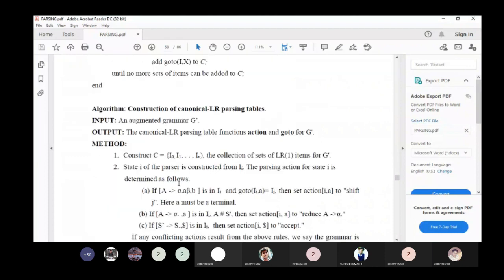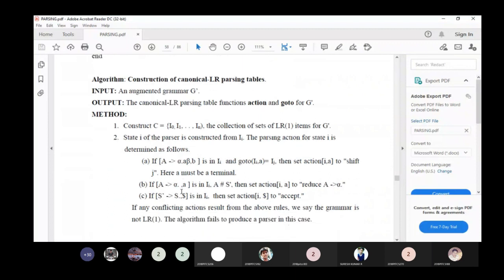Next, the construction of the canonical LR parsing table is the same as the SLR parsing table, with only one difference: we have to consider the lookahead to fill the action. Here we have the rule A → α·aβ, b, where b is the lookahead. If it is in state Ii and goto(Ii, a) = Ij, then we set action[i, a] = shift j.